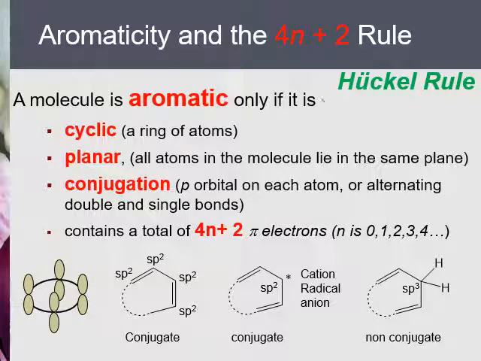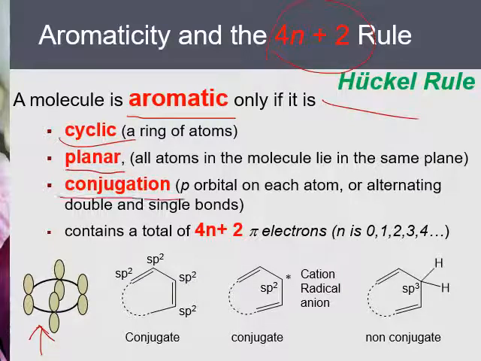Huckel rule, also called 4n+2 rule, says that a molecule is aromatic only if it's cyclic, just like benzene, it's a ring, and it's planar, it's conjugated. Conjugated means that all carbons are sp2 hybridized. The most common case is when you draw Lewis dot structure, it is alternate double bond, single bond, and double bond,